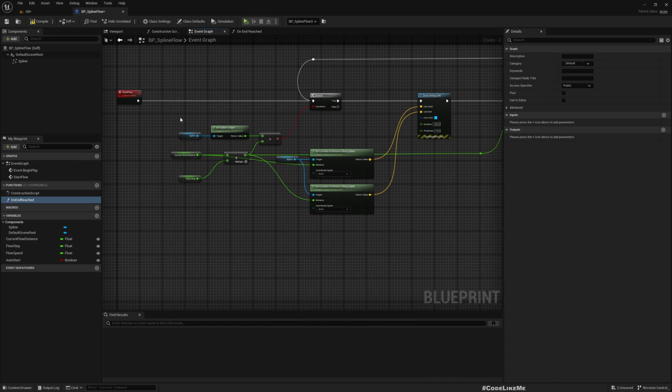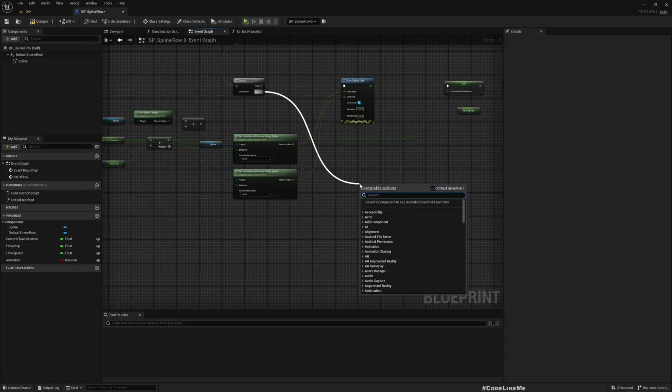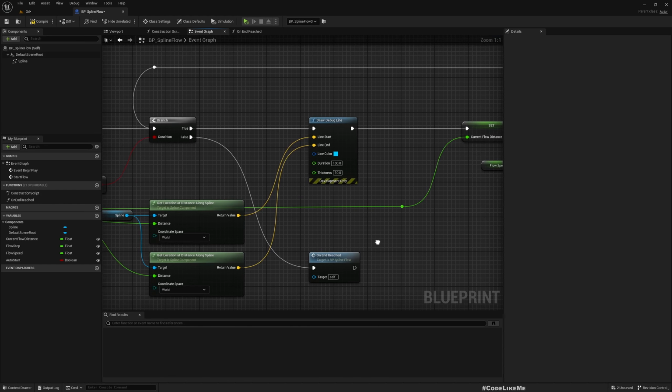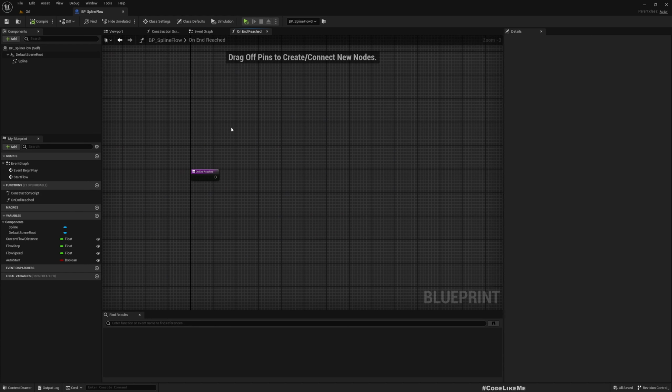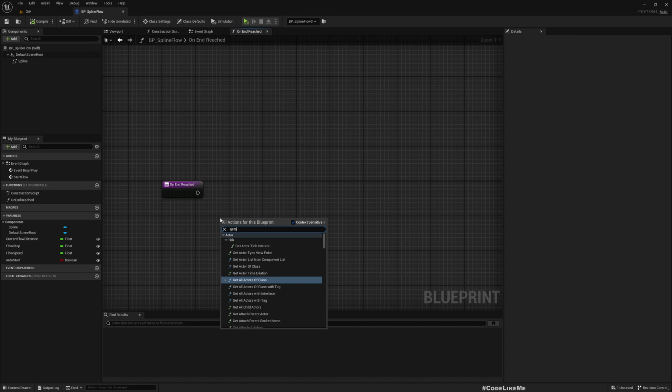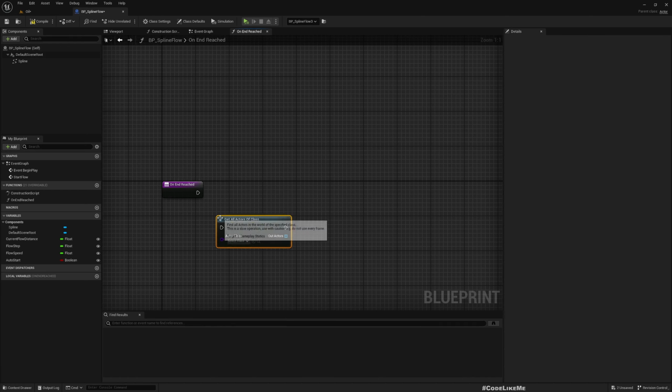And here at the end, let's call on end reached. Okay, so now after we reach the end, we need to find out the next oil flow that we need to start. Okay, so to do that, let's get all actors of class,